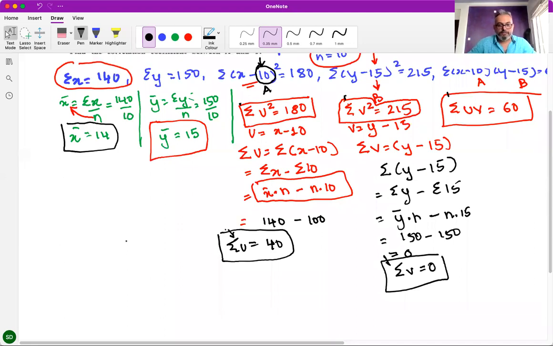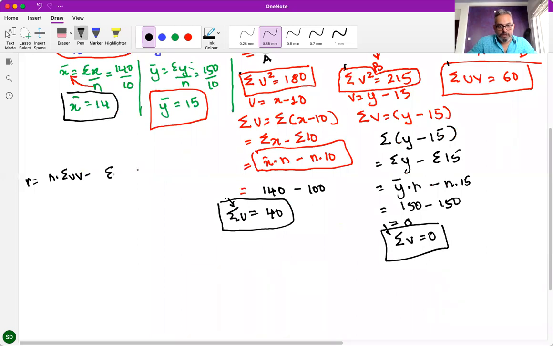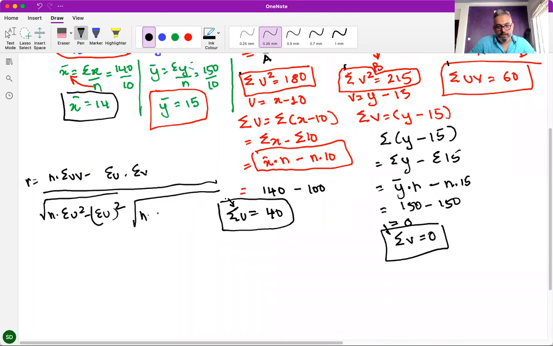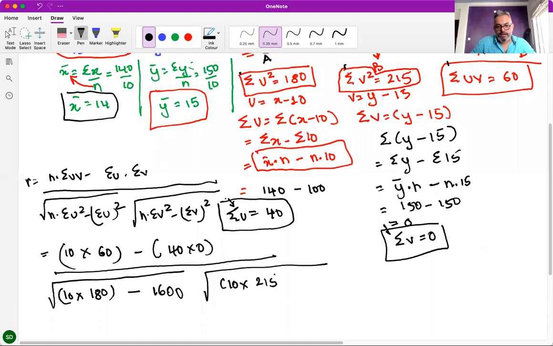So let's write the formula. R is equal to n sigma uv minus sigma u into sigma v, upon under root n sigma u square minus sigma u the whole square, under root n sigma v square minus sigma v the whole square, which is equal to 10 into sigma uv 60 minus sigma u, which is 40, into 0, upon under root of 10 into sigma u square is 180 minus sigma u 40 the whole square, so 1600, under root 10 into sigma v square, that is 215 minus 0,